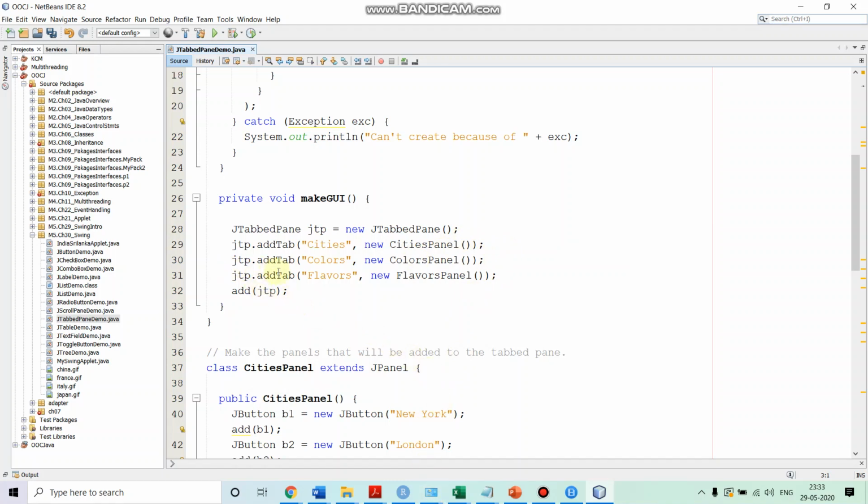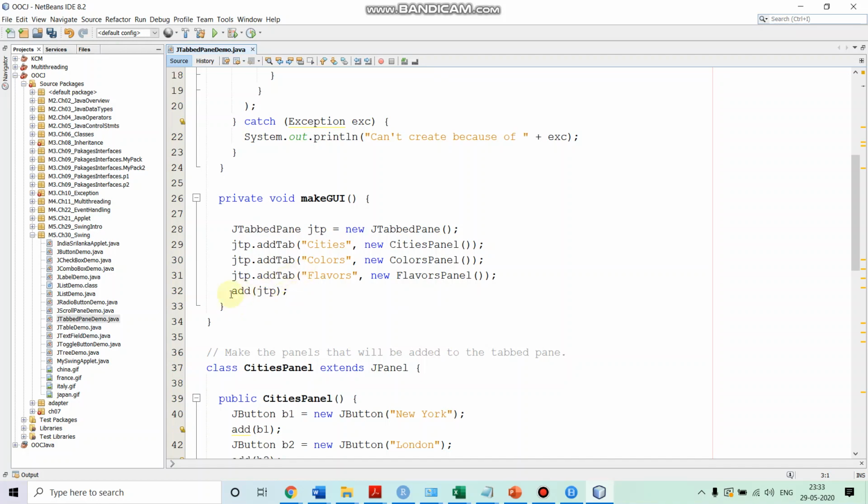Then we added the next tab, we gave it the name Colors, and we associated the ColorsPanel instance. Then the third tab, we gave the name Flowers, and we associate an instance of FlowersPanel. Once we added the tabs to our tabbed pane, after that the tabbed pane itself we add to the content pane by calling the method add.